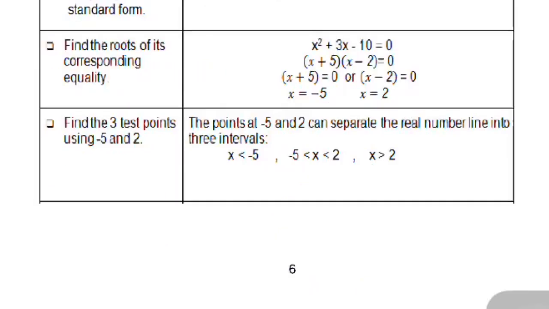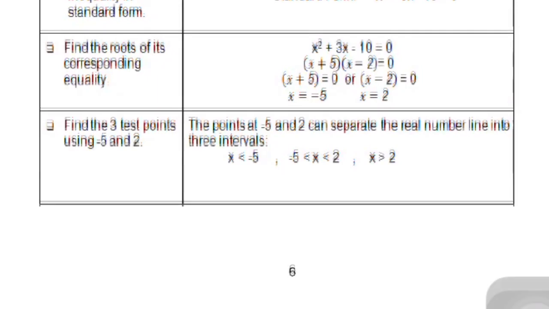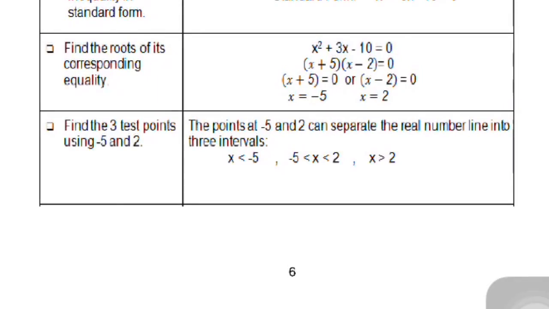Next step is you're going to find the three test points using negative 5 and 2. The points negative 5 and 2 can separate the real number line into three intervals: x is lesser than negative 5, x is greater than negative 5 but lesser than 2, or x is greater than 2. So if we're going to draw a number line,